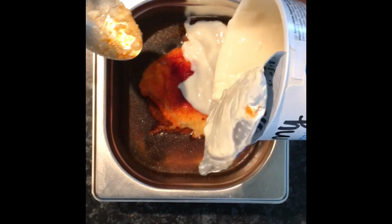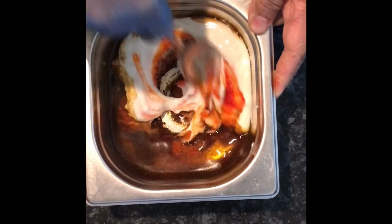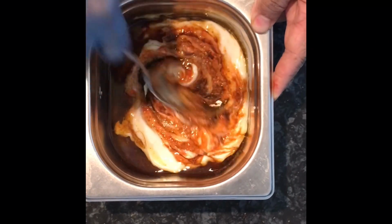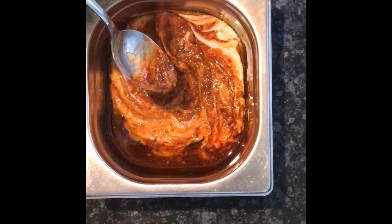So mix that up all together. Spoon, mix it out, form the paste, and I'll take you to the next level. So